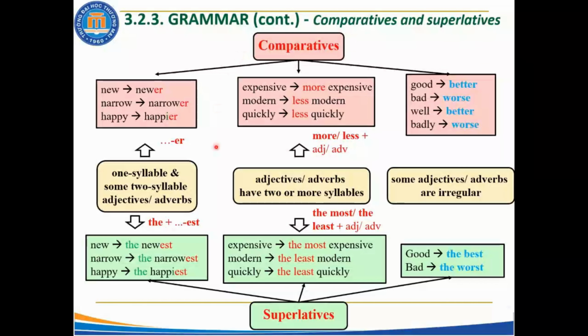Đối với so sánh hơn và so sánh nhất thì có các tình huống là bất quy tắc. Ví dụ, đối với so sánh hơn, chúng ta có good là tốt, đúng không ạ? Đây là tính từ, và well là trạng từ, thì so sánh hơn là better. Ta có bad và badly, tính từ và trạng từ, thì so sánh hơn là worse, xấu, xấu hơn. Đối với so sánh nhất thì chúng ta sẽ có good, tốt, the best là tốt nhất, và bad là xấu, xấu nhất là the worst. Với các trường hợp bất quy tắc này, các bạn lưu ý học thuộc để có thể sử dụng được đúng.